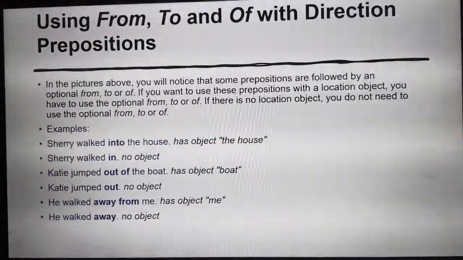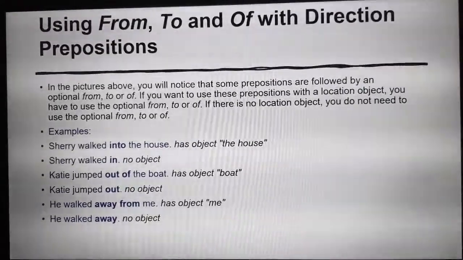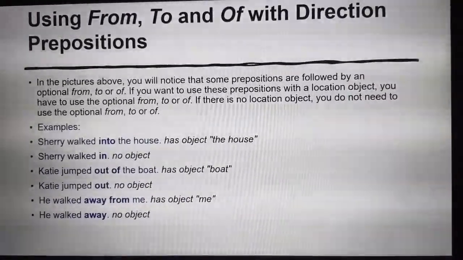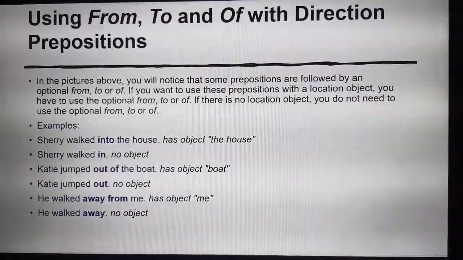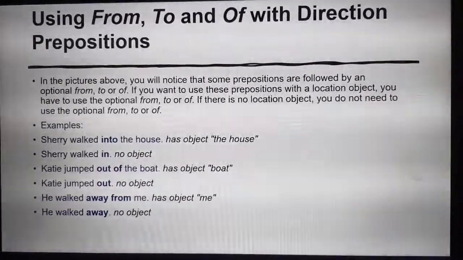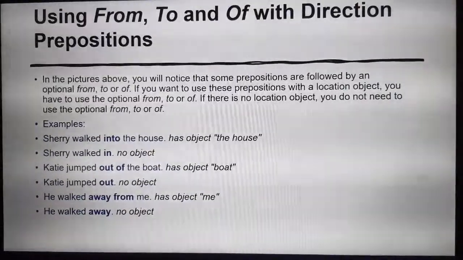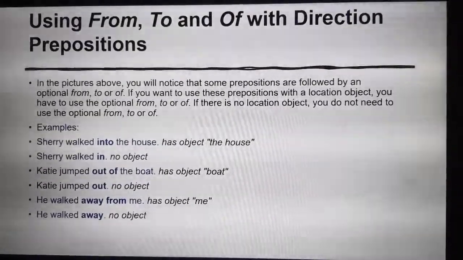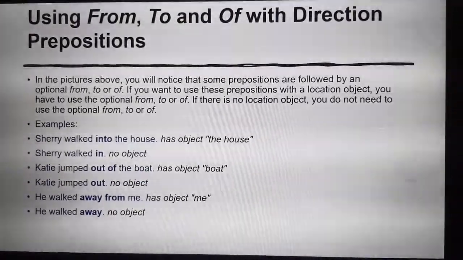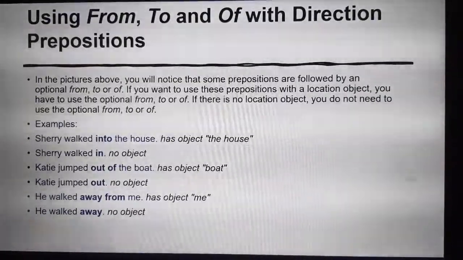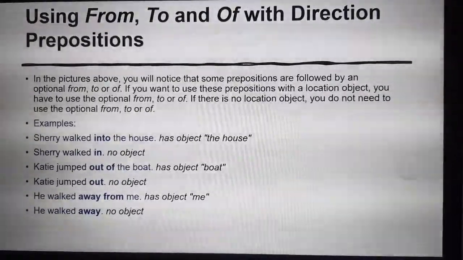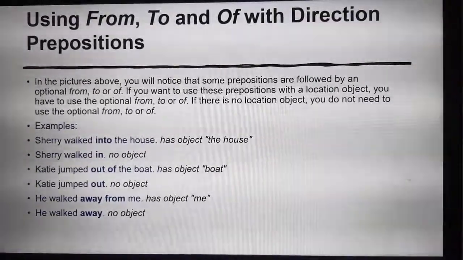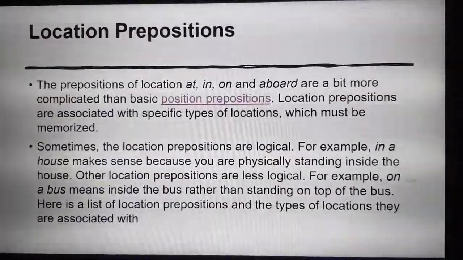Now, using from, to, and of with direction prepositions. So, how are you going to use it, right? Examples are: Sherry walked into the house. The object is the house here. Sherry walked in, no object. Katie jumped out of the boat, okay, it has the object, boat, sorry, not box. And Katie jumped out, and here we don't have any object. So here you can see that if you want to use these prepositions with a location object, you have to use the optional form to or of. If there is no location object, you do not need to use the optional form to or of, right? Now, let us start